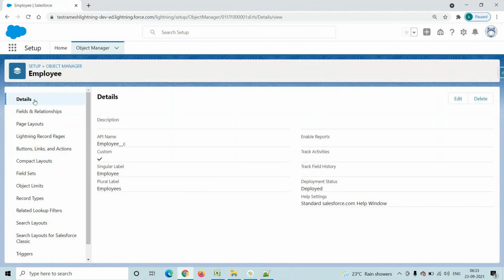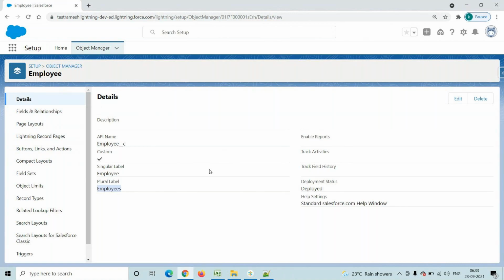On the left hand side, you have to observe the detail section. It's about the object information: what is the API name of the object, what is the label, what is the tab name, who created it, and some other information. Now we are working with the fields. There are two types of fields: standard fields and custom fields.